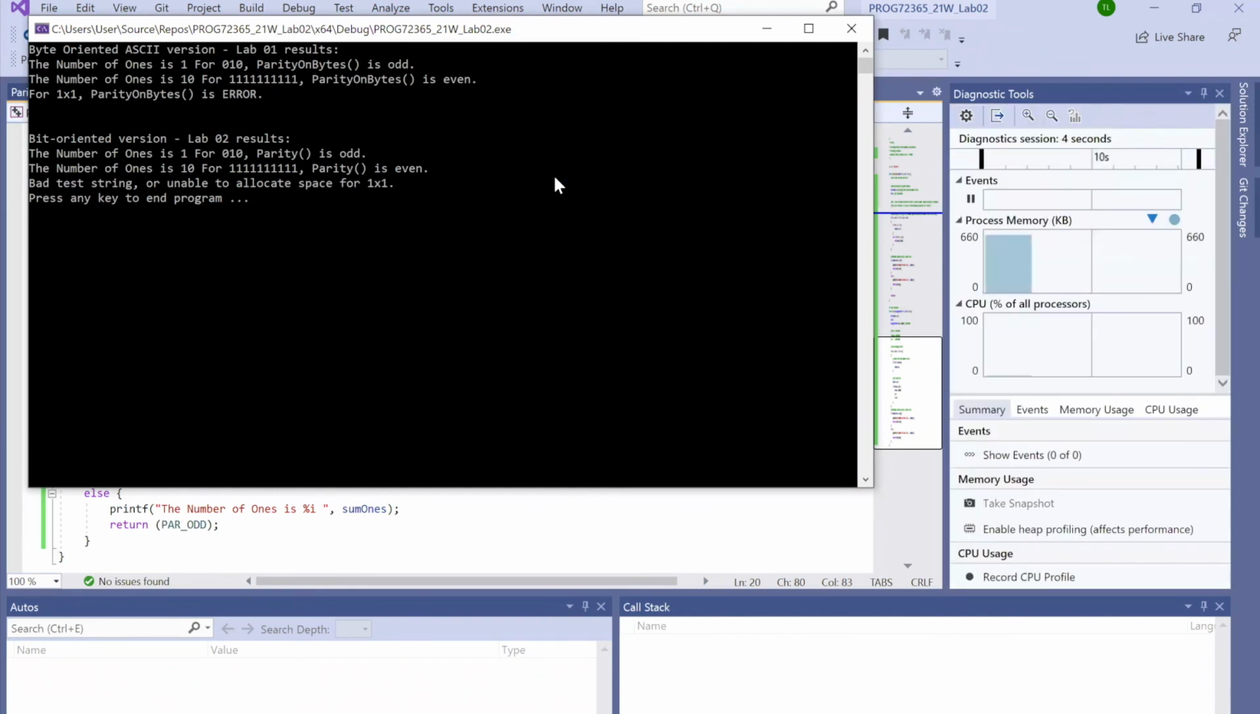when we compare Lab 1 and Lab 2 results, in our first command argument, we'll get an odd parity. In our second command argument, we'll get an even parity, and we'll get an error message for the third command argument. But where it differs is what is printed to the user when we get that error message, and that is Lab